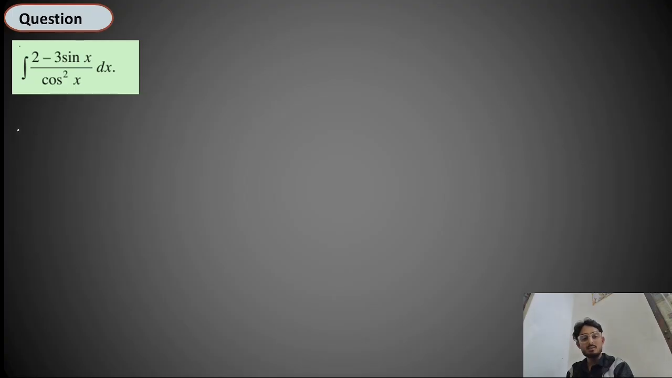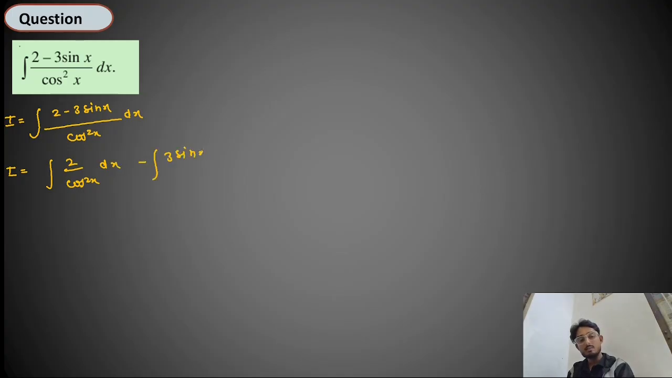So basically what is our process? I equal to integral of 2 minus 3 sin x upon cos square x dx. So I equal to integral of 2 upon cos square x dx, separate both the terms, minus 3 sin x upon cos square x dx. So you will get I equal to, you will take 2 outside from the integration sign. Here 1 upon cos square x is equal to sec square x dx,